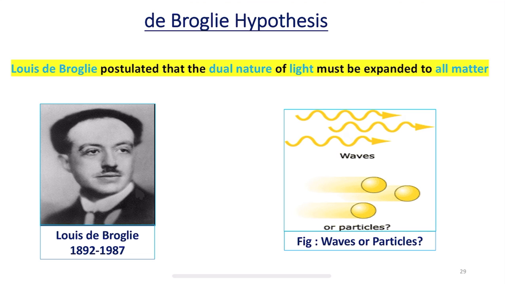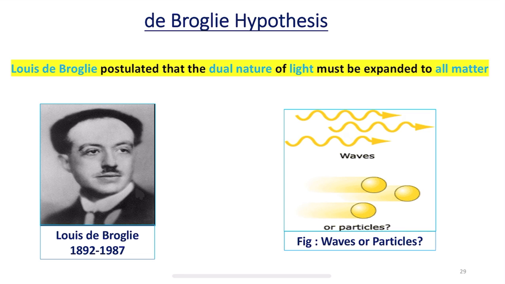And m is the rest mass of the electron, c is the velocity of light, and theta is the angle between the incident and scattered rays. Depending on the scattering angle theta, we discussed three different cases. Suppose theta equals 0 degree, then the change in the wavelength, delta lambda, will be equal to 0.